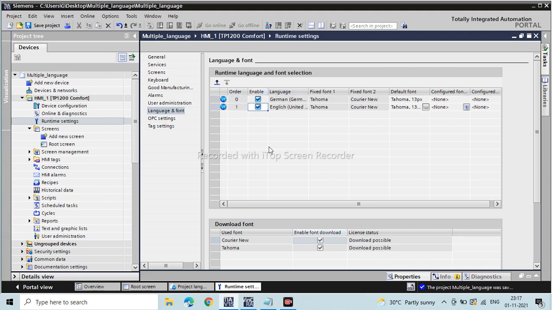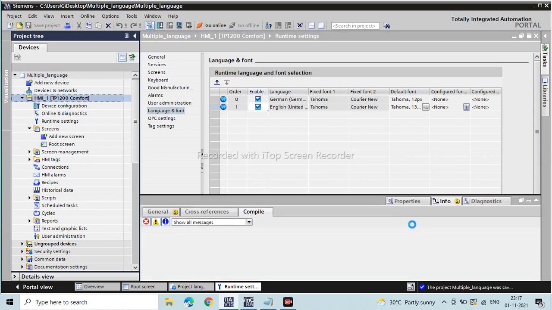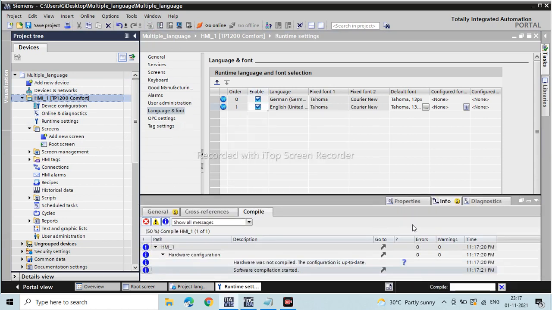We have to enable that from here, so it will replicate in our HMI program. We can change font size and other primary settings here. So we need to save this project and compile. Okay, so we have done the runtime HMI setting.